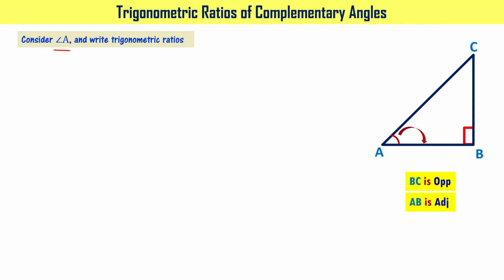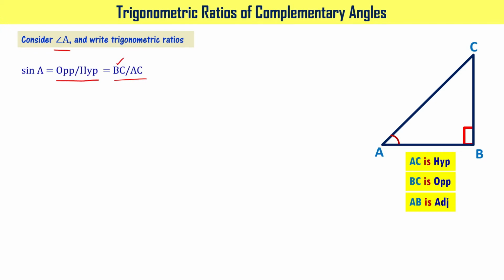Let's write that. For this particular triangle, the 90 degrees angle is at B. It means the side opposite to B is going to be the hypotenuse. So AC is the hypotenuse, right? With the help of this definition, we can now write what sine A means. Sine A is opposite side divided by hypotenuse, the length of the side opposite to angle A divided by the length of the hypotenuse, that is BC by AC.